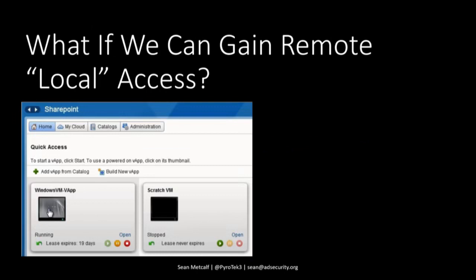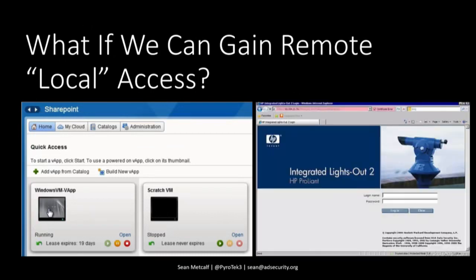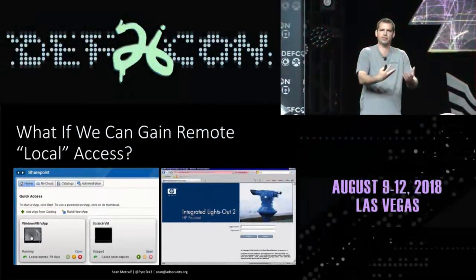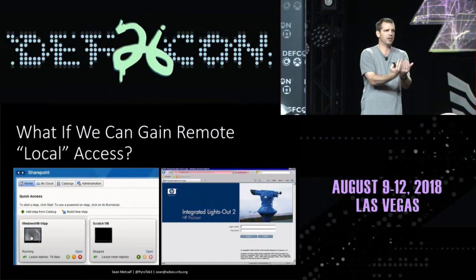There are remote ways to do local, right? When we have a VM, we can use the remote console to connect into that VM's console and log on locally over the network. There's also this little thing called iLO, which has been around for many years. Physical servers, physical domain controllers have iLO. It gives you the ability to, out of band, off another network, connect into that server as if you could RDP into it and get that console access.